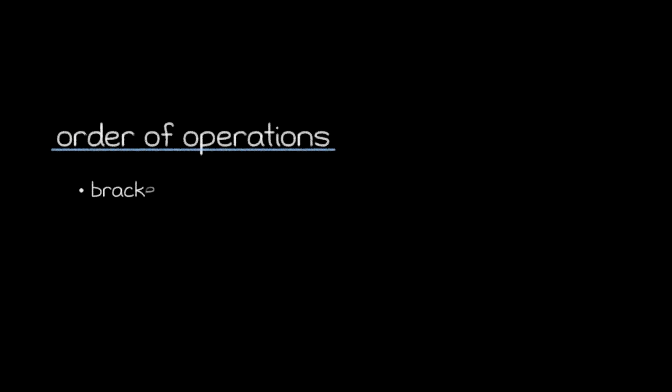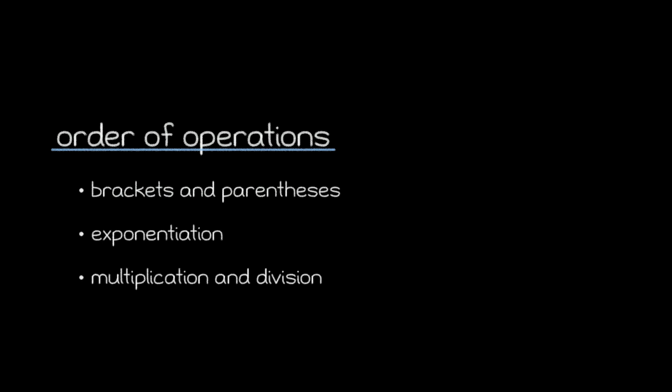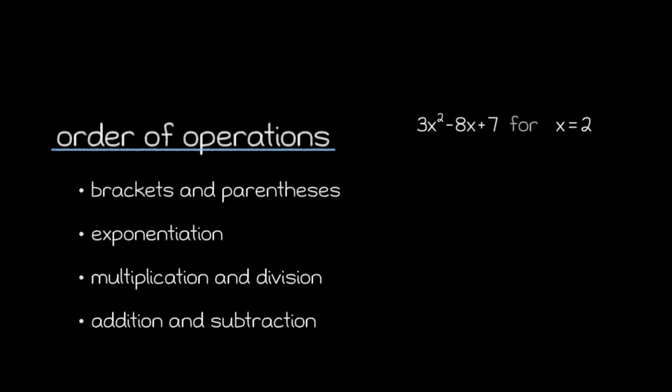When evaluating quadratic expressions, the order of operations can help us interpret these expressions in useful ways. For example, for a quadratic in standard form, we know that there are generally three terms separated by addition and subtraction. And since addition and subtraction are the final step in the order of operations, we can interpret the standard form as three separate expressions that we can evaluate independently.